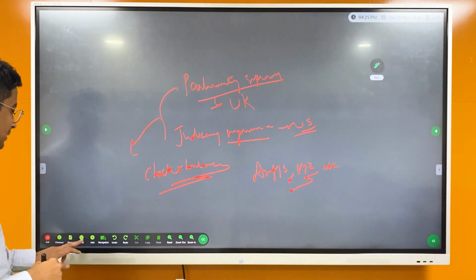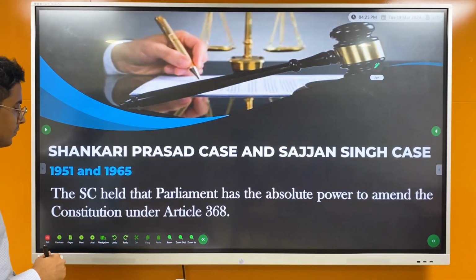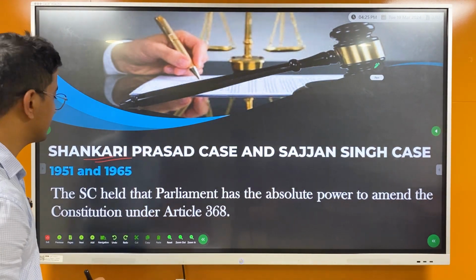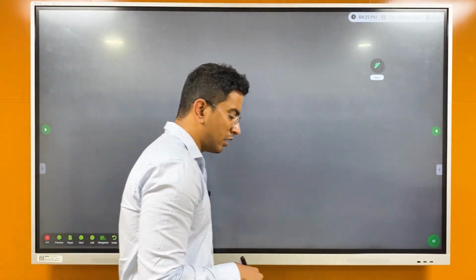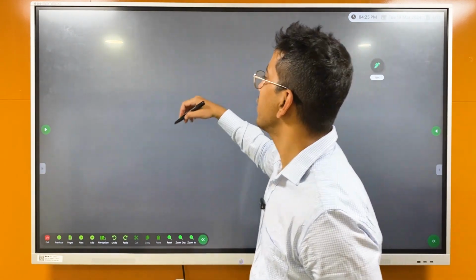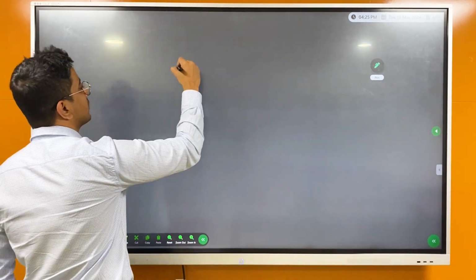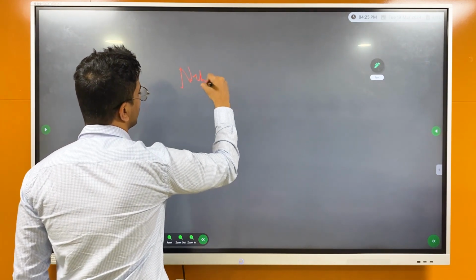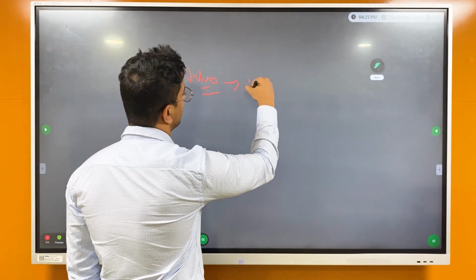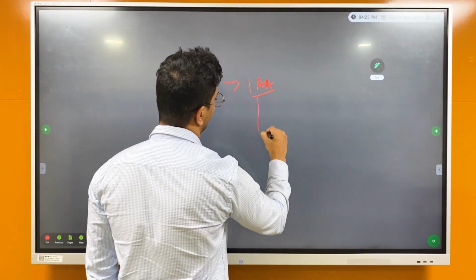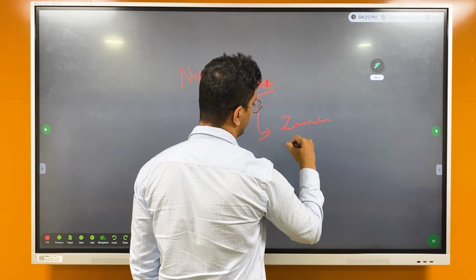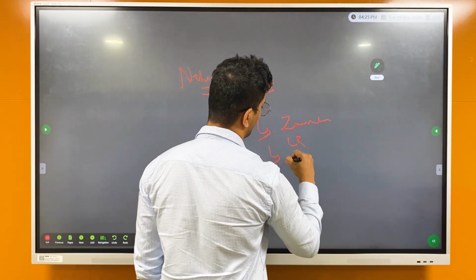So this basic structure doctrine, the first cases we will be reading about are the Shankari Prasad case and the Sajjan Singh case. But before that, I want to take you back to the 1950s. When India got independence, the then Prime Minister Jawaharlal Nehru followed the socialist policy, and he brought in the First Amendment Act, where he abolished zamindari, brought in land reforms, distribution of land,